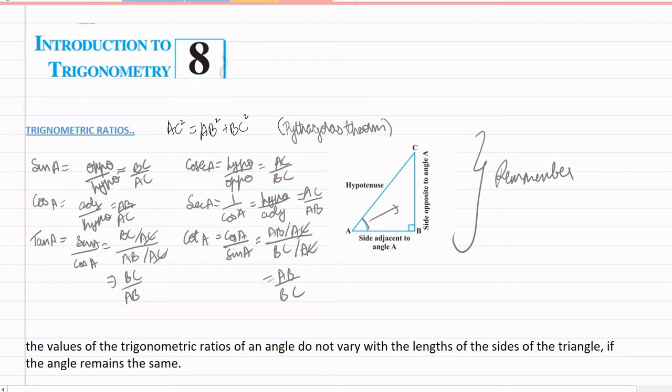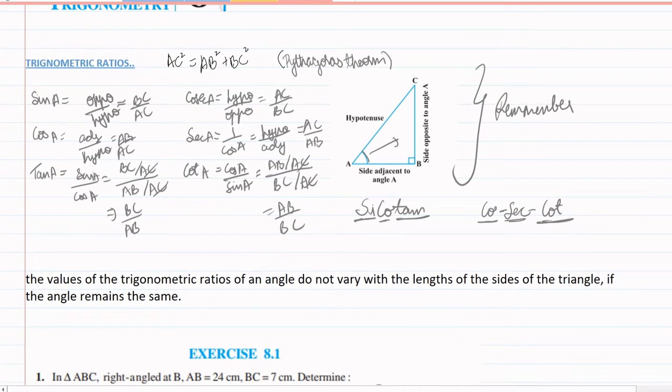Just copy this, make sure you write it twice or thrice, even copy the triangle, and you are done with it. This is kind of easy, you can learn it, but make sure you remember all of this. For this I have a technique: sine, cos, tan, and then cosec, sec, cot. You can remember it like this: cosec theta, sec theta, and cot theta. Just remember it like this.